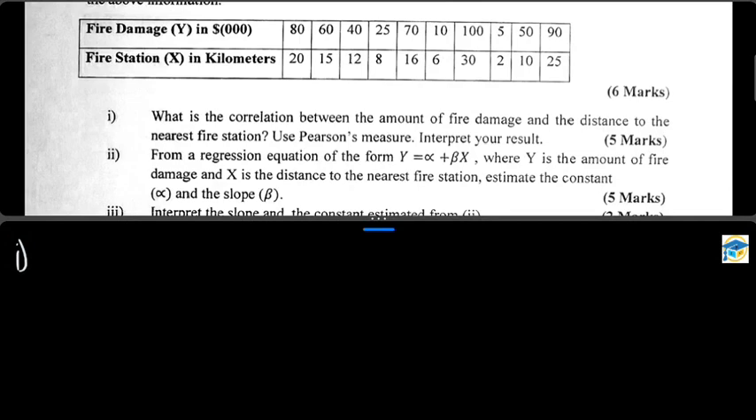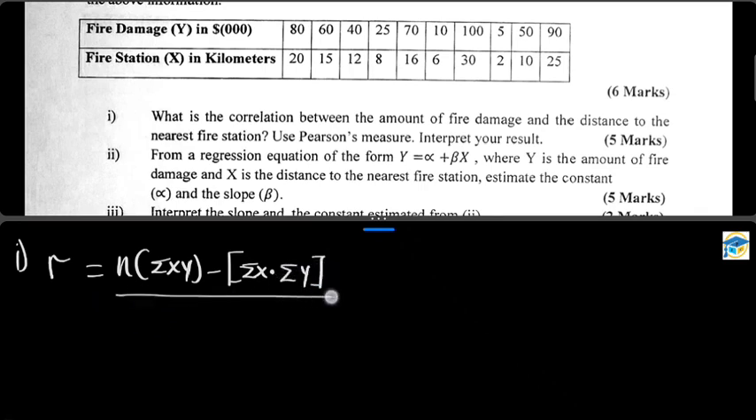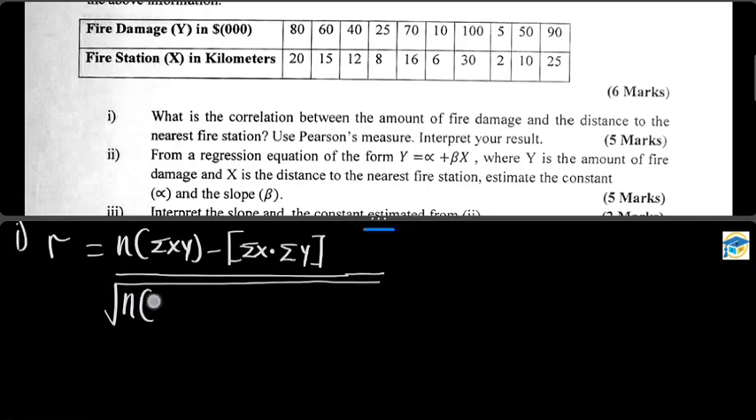So we are asked to find the correlation coefficient using the Pearson measure, and then know the correlation between the amount of fire damage and the distance to the nearest fire station. So how do you find the correlation coefficient using Pearson measure? It says that r should be equal to n multiplying summation XY, close bracket, minus open bracket, summation X multiplying summation Y, close bracket, all divided by the square root of n into bracket summation X square, close bracket, minus open bracket summation X all squared, and then close bracket, and then close bracket,